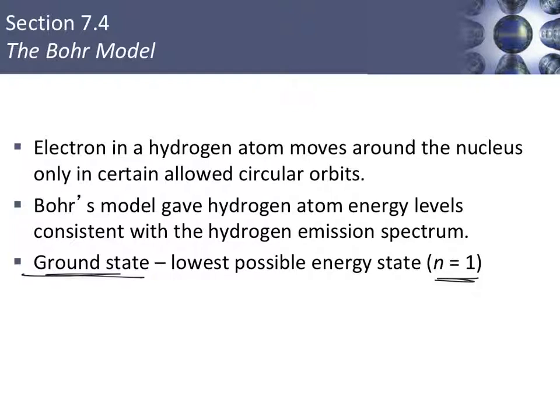Then when they absorb energy, they have the ability to jump from the first level to a higher level. That's called the excited state, because the electrons are at some level higher than their normal state. They take the energy, they jump to the excited state, but then they want to return